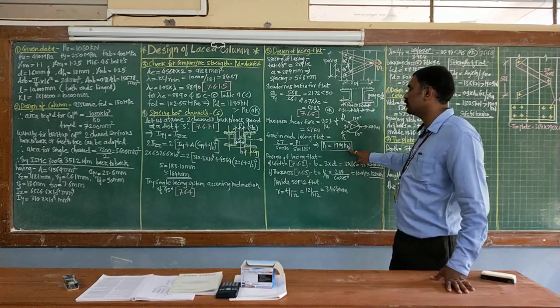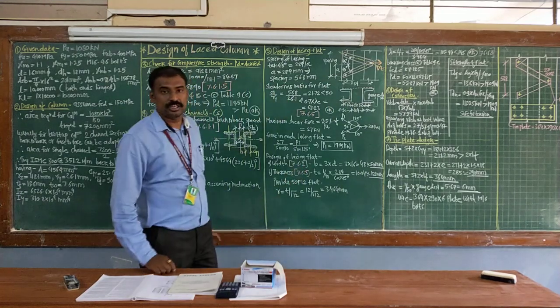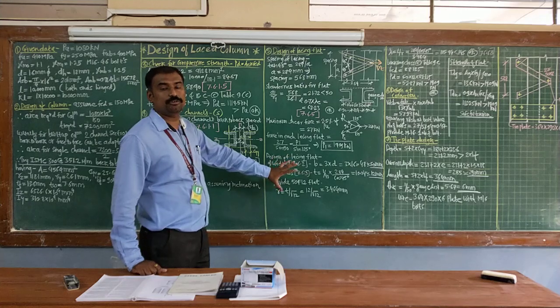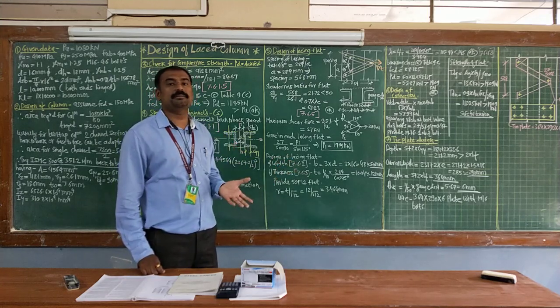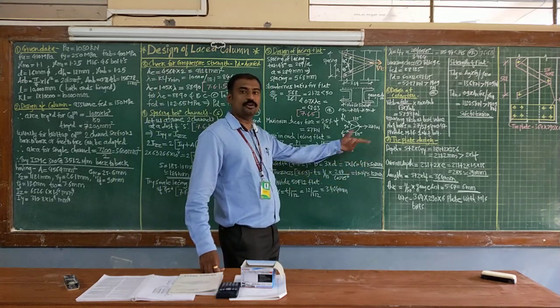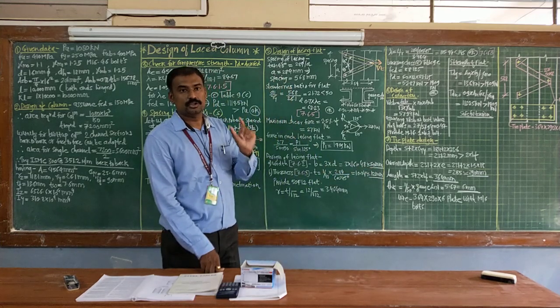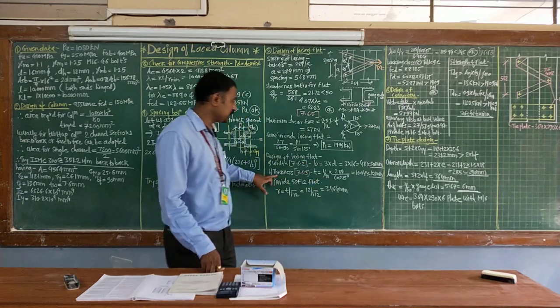Now for the design of the lacing flat, according to clause 7.6.2, initially you need to decide the width of the flat, and the width of the flat should be at least equal to 3 times the diameter of the bolt. So we are adopting 16 mm diameter bolts, therefore 16 into 3 is 48, rounding it up by 2 mm, you will get 50 mm as the width. So the width of the flat we are adopting as 50 mm. Next is the thickness of the flat.